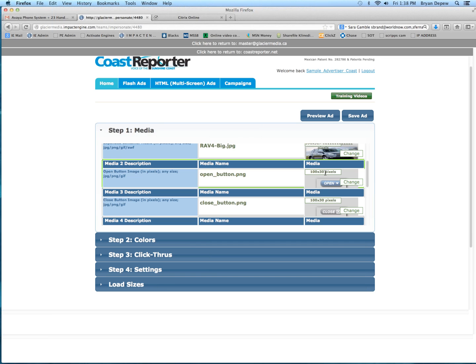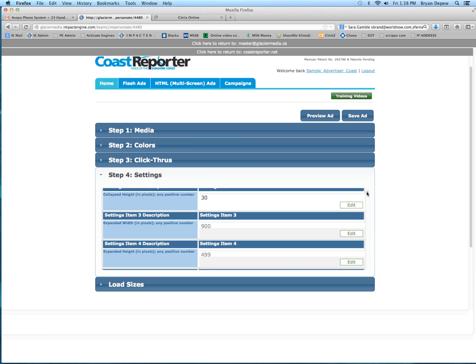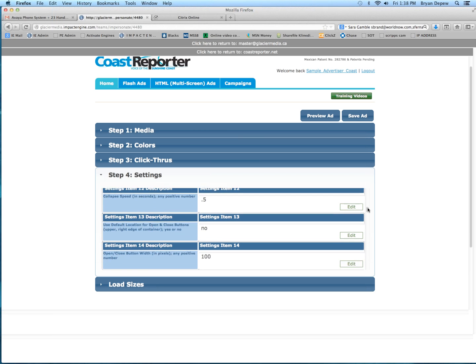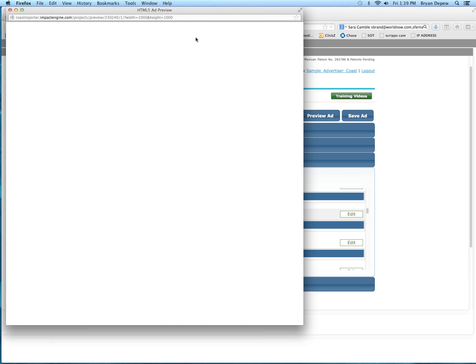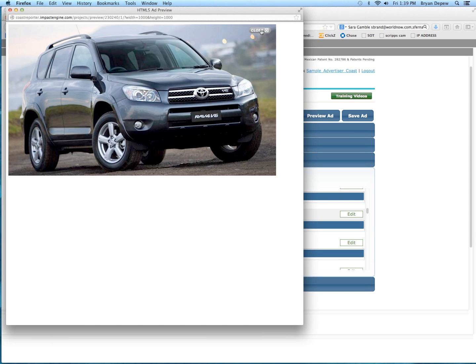They don't have to be 100 by 30 pixels. They are in this case. You could upload 50 by 50 pixel images. You can put anything you want as open and close buttons. And then down here in your custom settings, basically you can adjust where those open and close buttons are going to live. Right now, I could either do kind of what I call the designer lazy setting and use the default location, which automatically adjusts those into the upper right-hand corner of the template. So if I say yes and save, that's going to take my images for open and close and just pop them right here in the upper